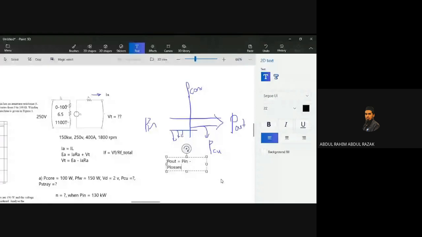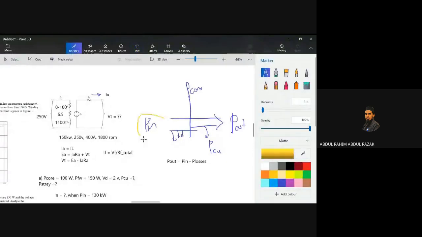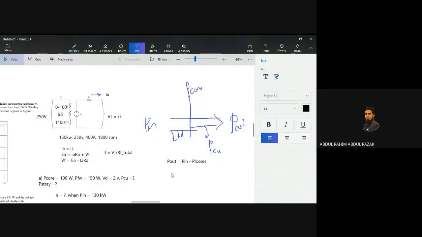P in minus all the losses, so you get P out. And the component of your P losses is just P losses. You can use P converted, or you can directly just add up all the losses. It's equal to P in